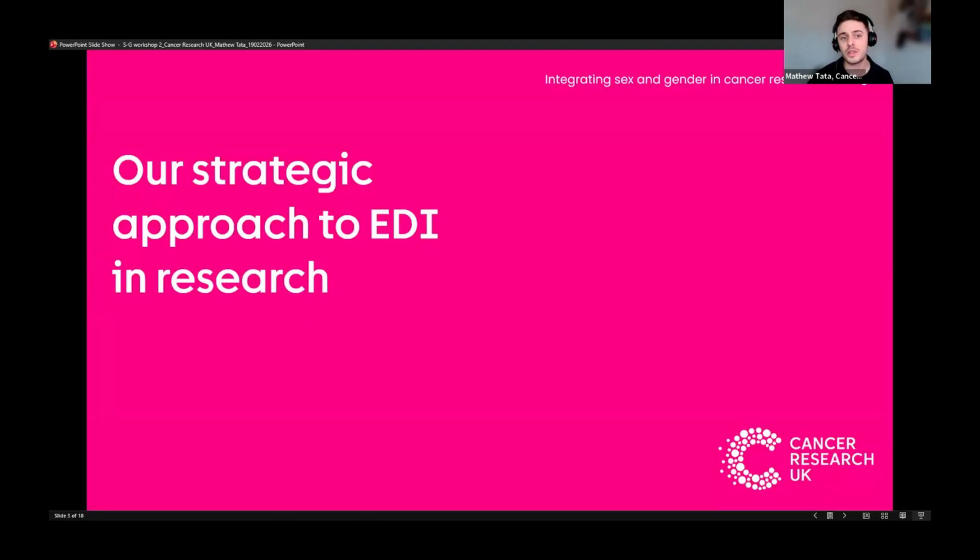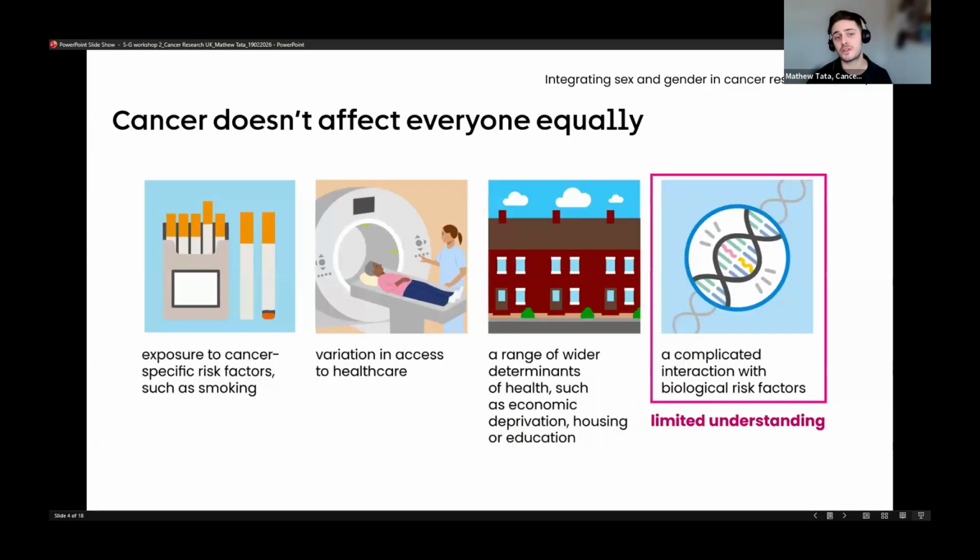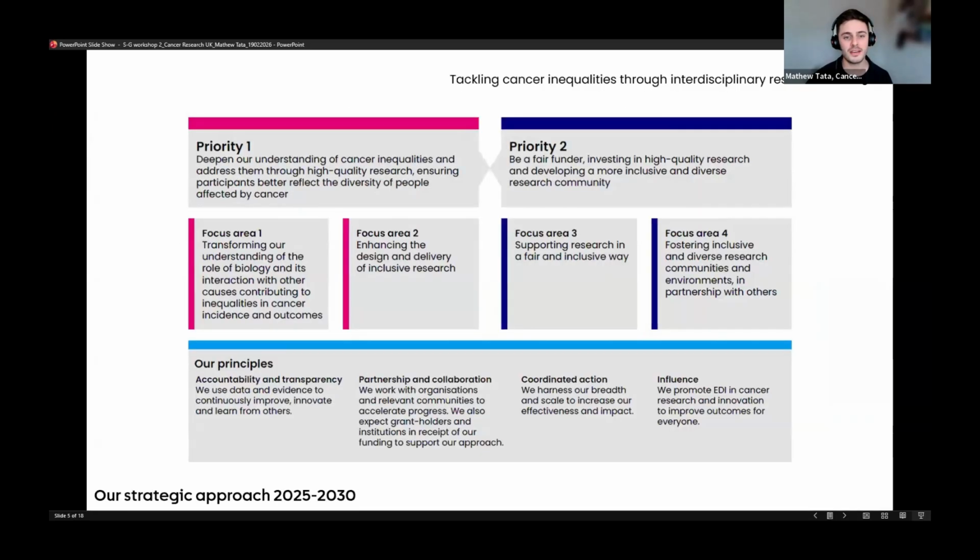In line with our equality, diversity, and inclusion in research strategic approach, the reasons for those differences are multifaceted and complex. They're rooted in structural, demographic, and socioeconomic inequalities. But there's also limited understanding of the role biology plays in underpinning those disparities, and how it interacts with those other drivers. So in early October last year, that's 2025, we published our refreshed strategic approach for EDI, equality,